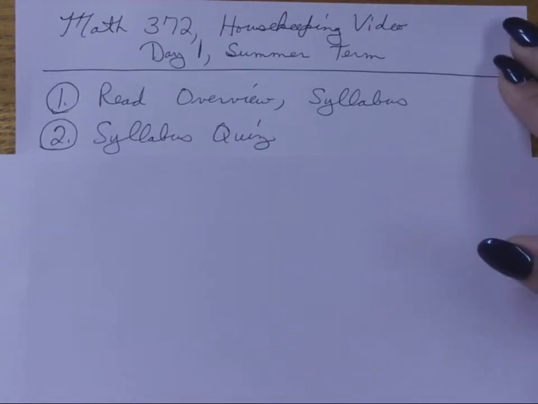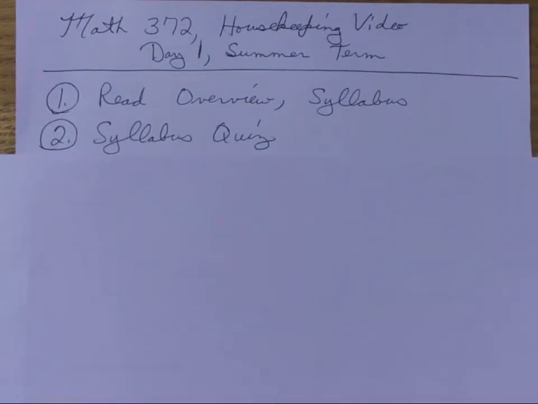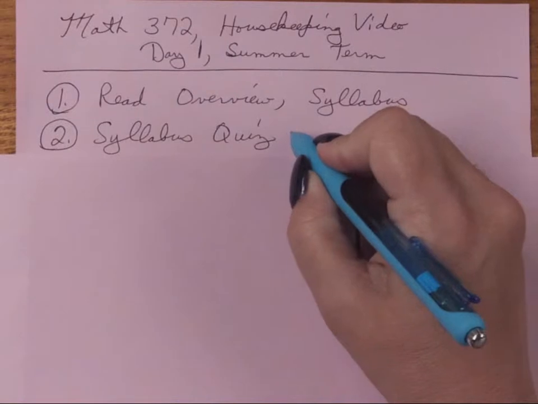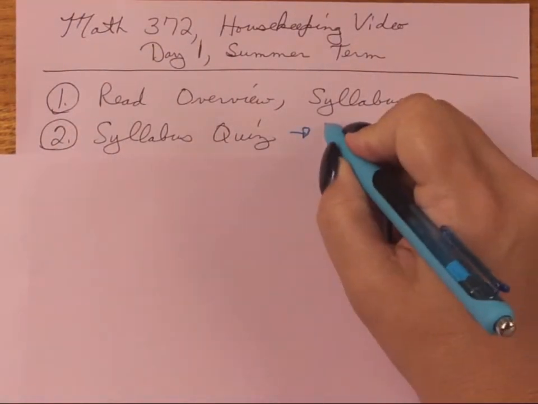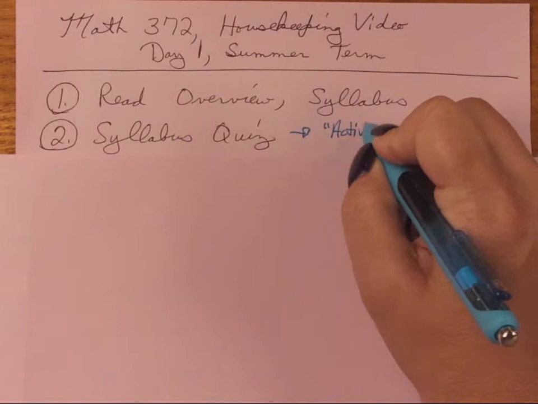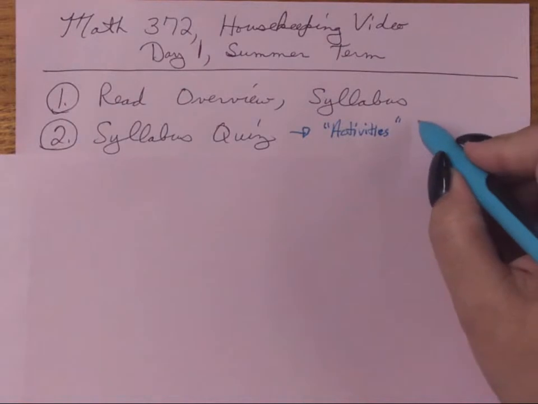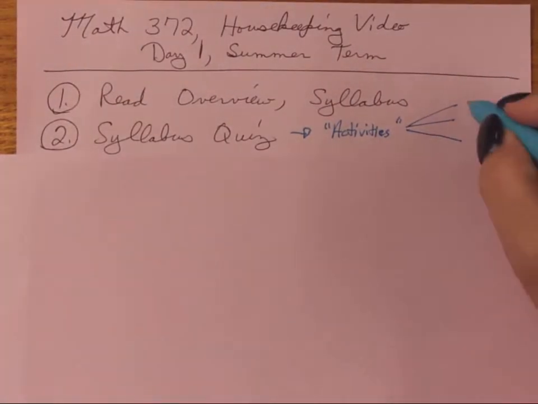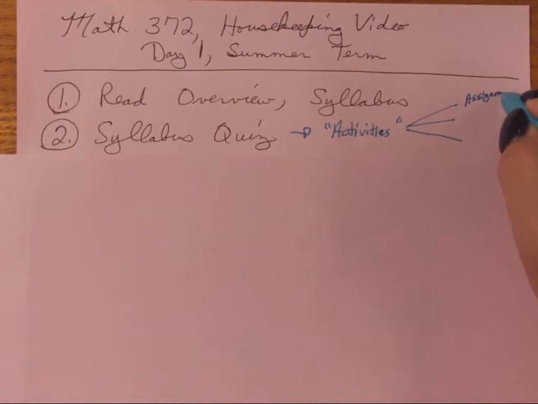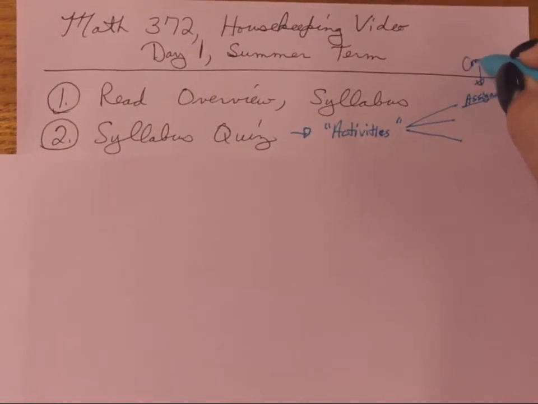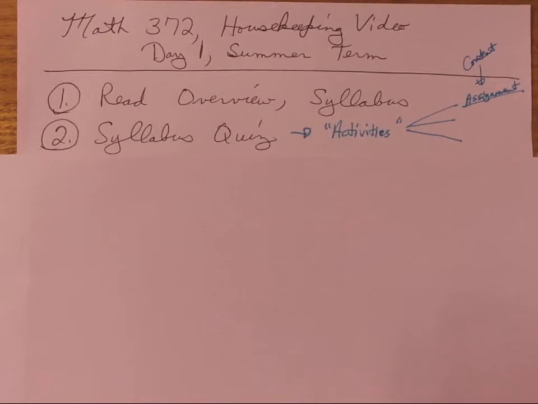Okay, number 2. Go take your syllabus quiz. If you're not sure how to do these things, and I'm not exactly certain how it looks from the student's perspective, but when you get into D2L at the top, there should be a tab that says activities. And there should be, I think, 3 activities. There's assignments, and inside of that you'll see the stuff that comes into the content. So you can also get to assignments from the content page, which is its own little tab up at the top. That's the way I usually get into assignments, is content. But there is an assignments, there's a discussions,